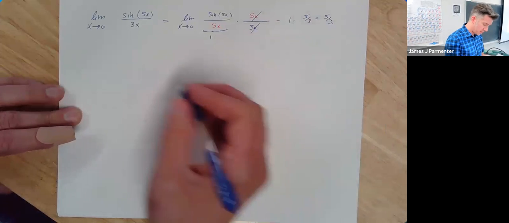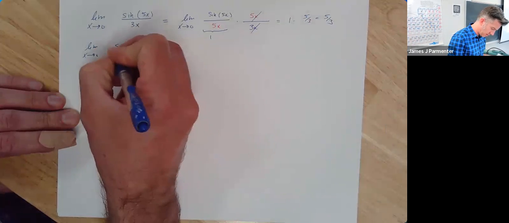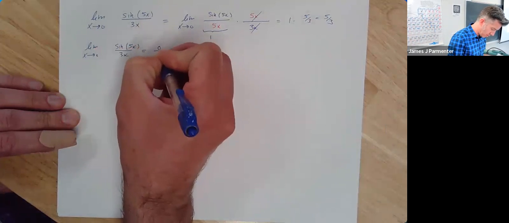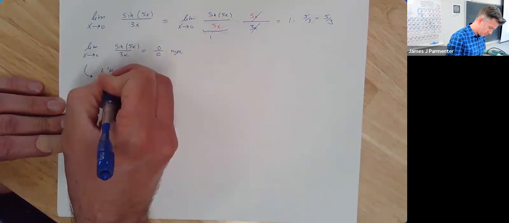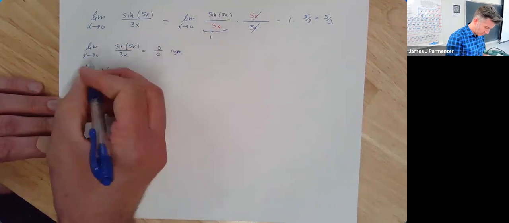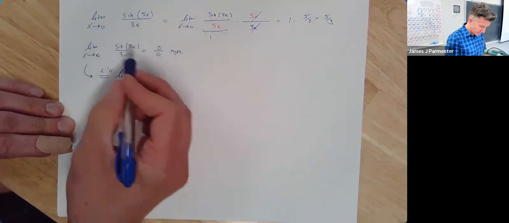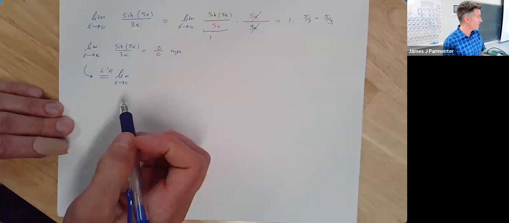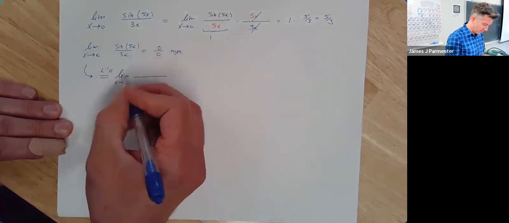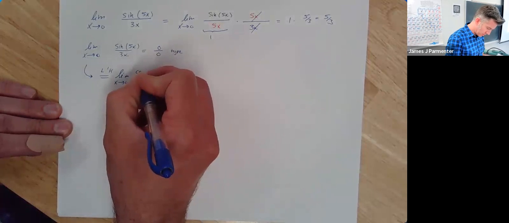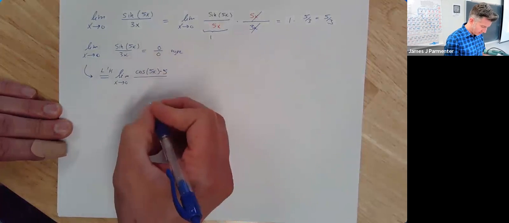Or we can use L'Hopital's rule, because this limit as x goes to 0 of sine of 5x over 3x is a 0 over 0 type. And so if we apply L'Hopital's rule, when I'm writing the equals with the L'H above it, that means from this limit to this next limit still. It's always limits with L'Hopital's rule. It's never anything else. I'm just taking the limit of the derivative of the top, which is cosine of my 5x times the derivative of my 5x, over the derivative of the bottom,